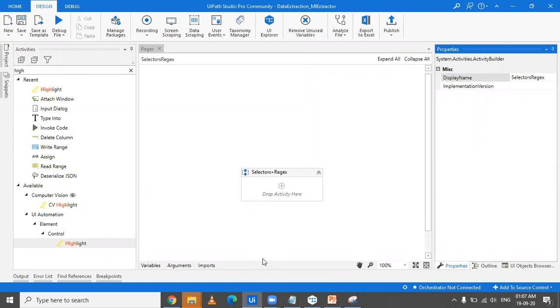So today we'll be seeing how we use regular expressions in our selectors. Regular expression is very useful in automating use cases, in making the selectors dynamic, or in doing string manipulation when we deal with PDFs or invoices, which we extract using the Read PDF Text activity. But if we just use Document Understanding, maybe there will not be a need for regex, because then we can directly extract the fields.